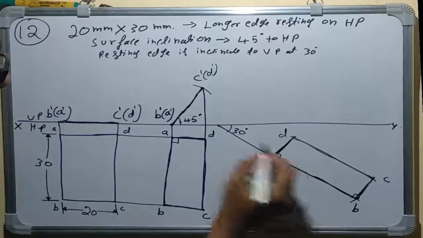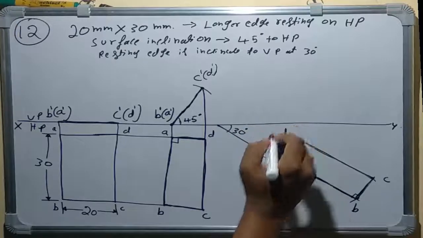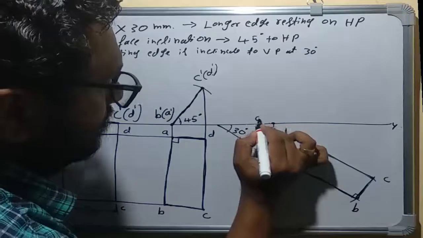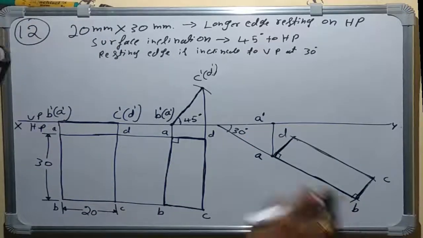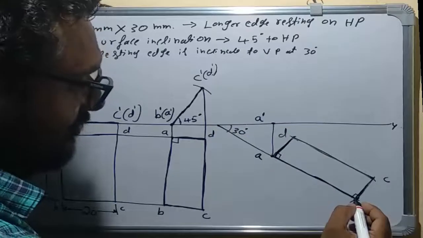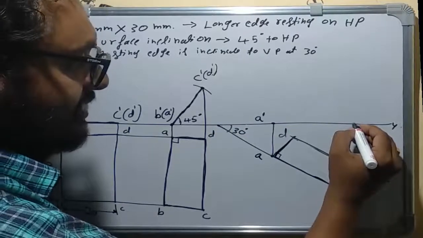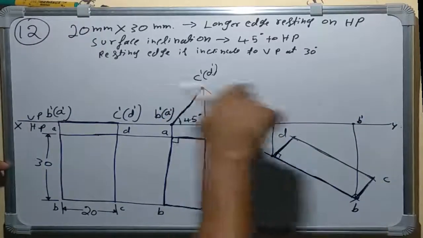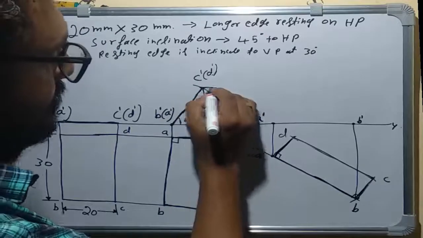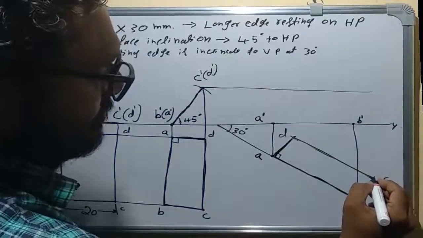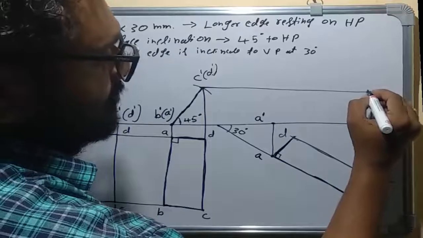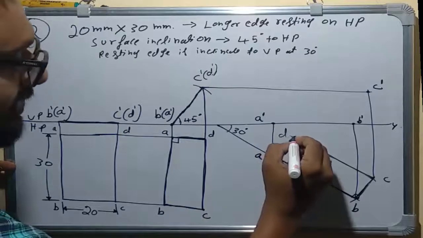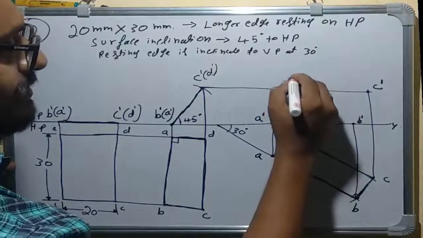So A is here. Where is A dash? A dash is coming along the XY line because it is resting. So from A to A dash we draw a vertical projection, and at this meeting point you will get A dash. In the same way B dash is also coming along the XY line, so from B you draw a vertical line up to the XY line and you get B dash. Then C dash is here, so you draw one horizontal projection from here, and from C the vertical projection; where they meet, that point will be C dash. In the same way D and D dash are also on the top line here, so join up to here and you will get D dash.